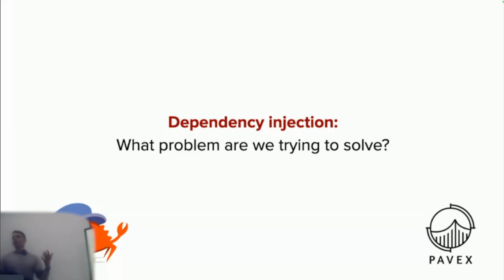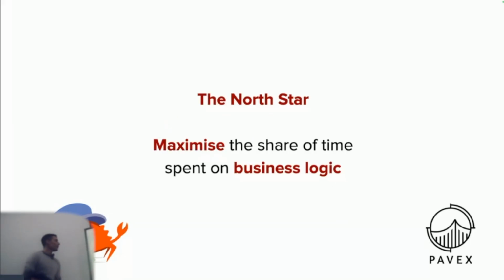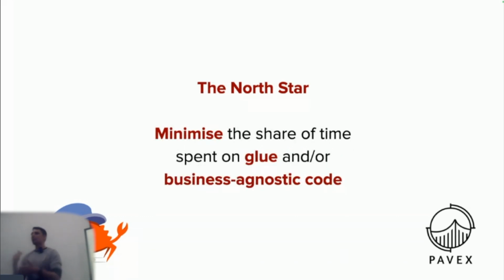Dependency injection. Before we go into how people do dependency injection, it's probably good to establish why we may want or not want dependency injection. For every framework under the sun, you'll always find the same promise. We'll let you spend more time working on your business logic. That's pretty much every framework. You can substitute your favorite language, your favorite framework, they all make the same promise, which we can convert into the negative. We try to minimize the share of time that you spend working on glue, so trying to stick together different things that may not have been designed to be stuck together,